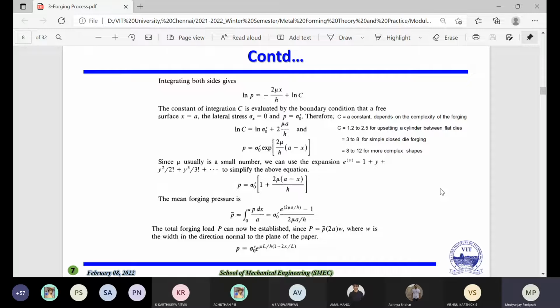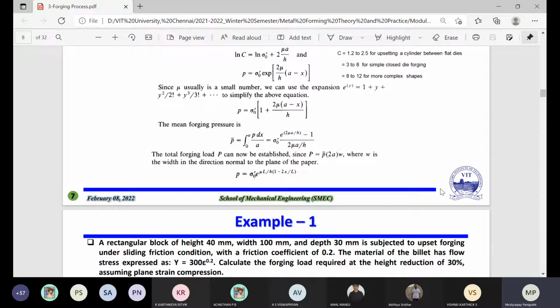So we'll go for the numerical. One numerical I just prepared. You can see here a rectangle. Can you see the question? I just hid the answer, I will show that. You can see a rectangular block of height 40 mm, width 100 mm, and depth 30 mm, is subjected to offset forging under